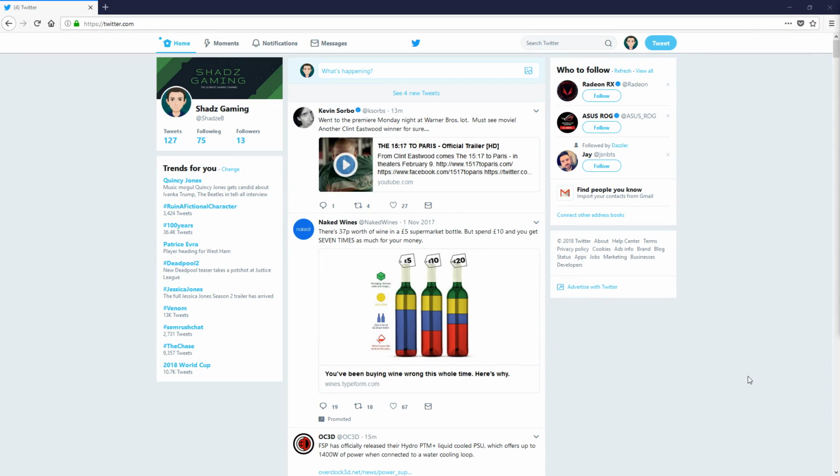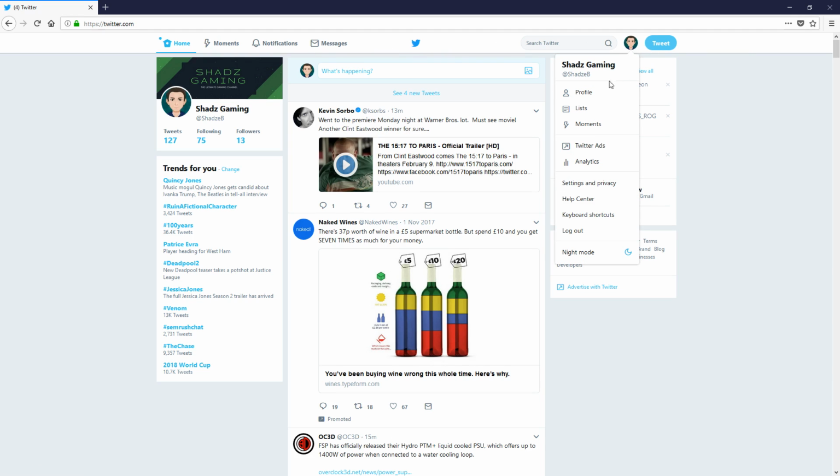So one of the first things you're probably going to want to do is add graphics to your profile. Everything on Twitter is always up here. This bar never goes away no matter what page you are on. So go to someone else's page, this bar will still be here. You can go to your profile, this bar will still be here. So if we click here and click profile,